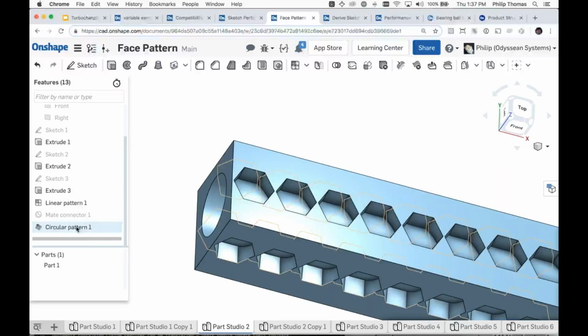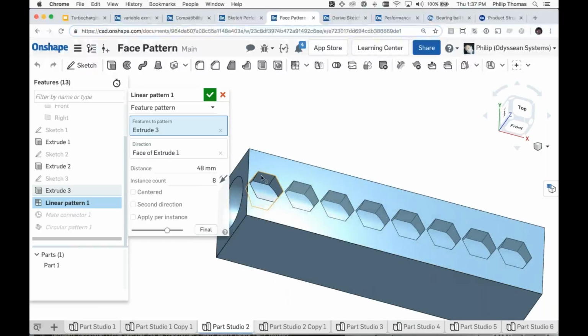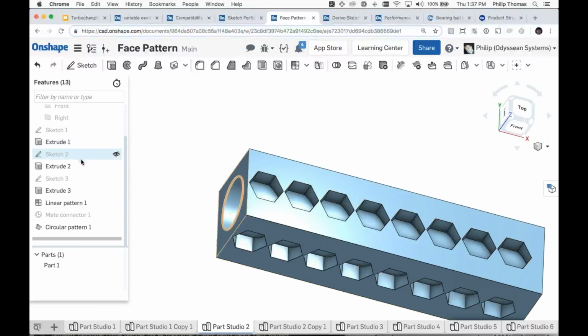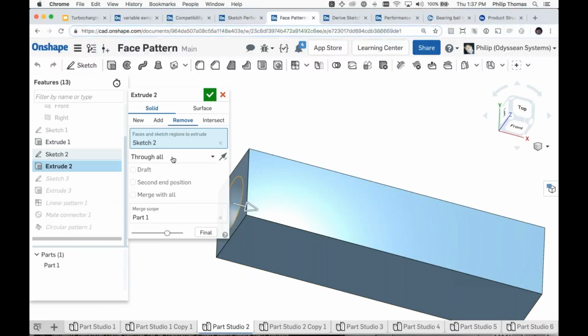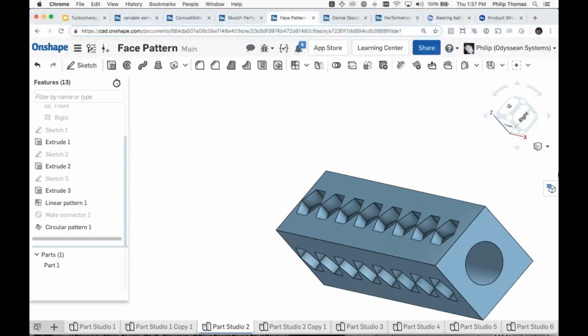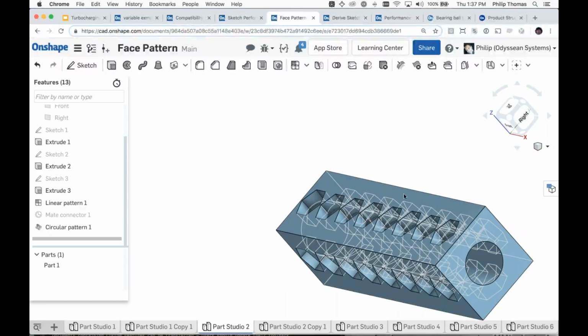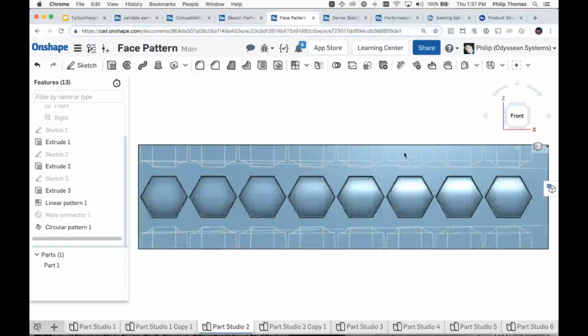Sometimes you do need per instance. What on earth does per instance mean? Per instance means that the end condition, that offset from the face, should be recalculated every time I reapply the feature. So if I had actually tapered this, and I said I want to draft this, it's 1 degree. So now that, let's go shaded with hidden edges, and I look at this side, you can see, actually I want,